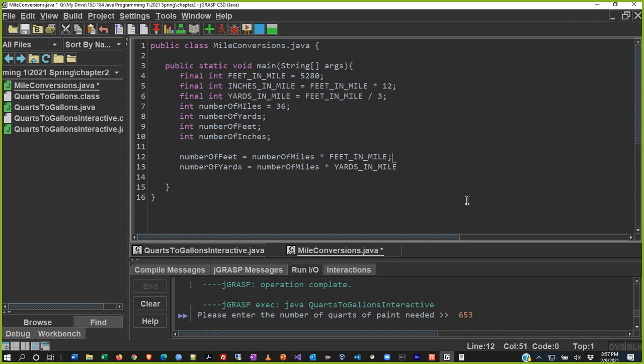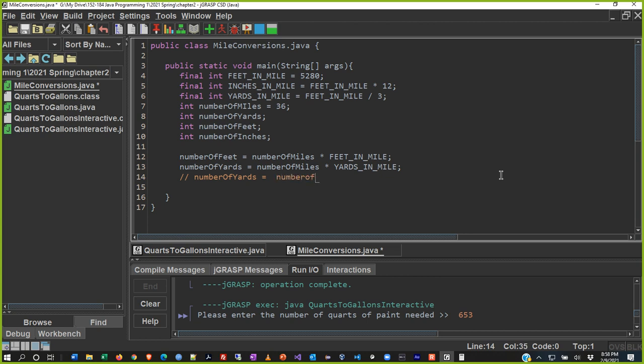Now I'm going to put my semicolons in here, and then after this, I just want to give you the alternate part of this. You could also say this as number of yards equals, and maybe I should do this on the next line down. And then one thing we do is we could demonstrate it. Number of yards equals